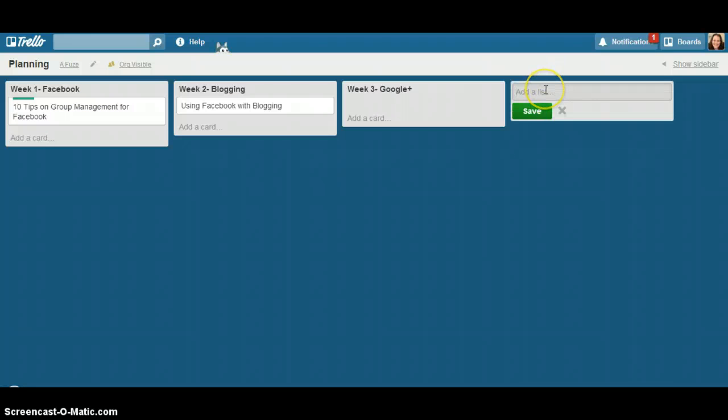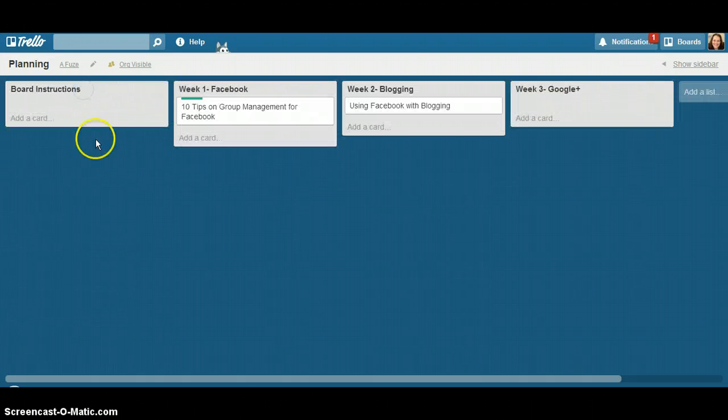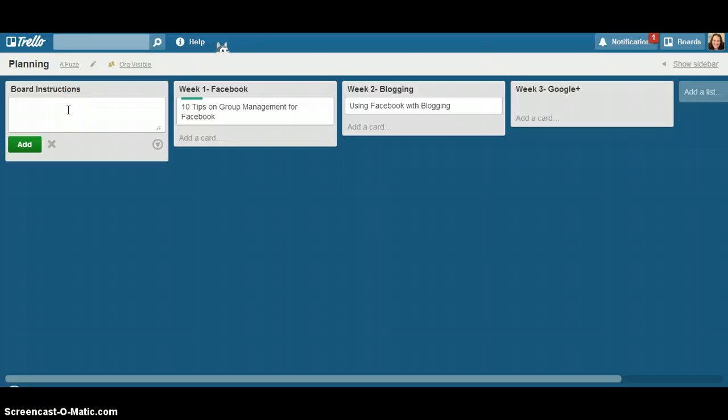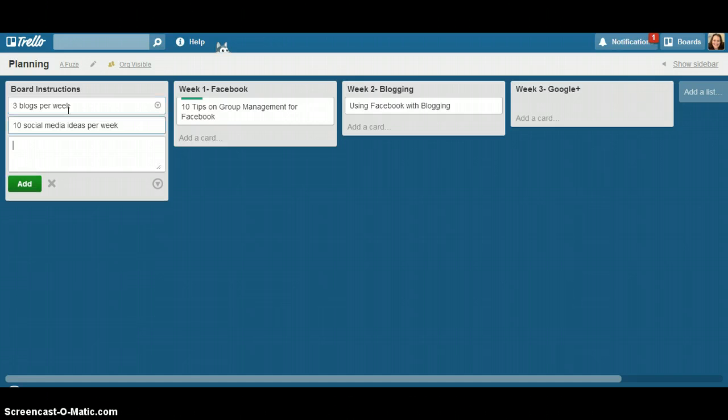We're going to add another list, and this is just going to be board instructions. And I got this from a friend of mine. And then you just bring it over here. I'm going to add a card that explains, you know, I want to use 3 blog posts per week. Then I want to have 10 social media ideas per week for posts, and tag in anyone